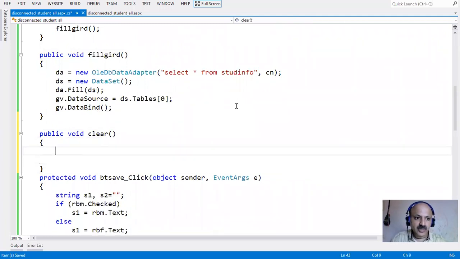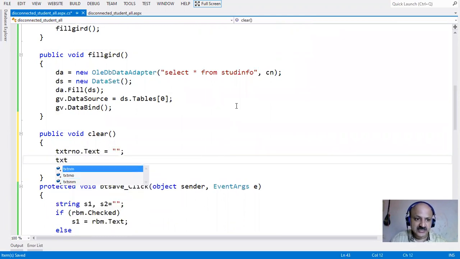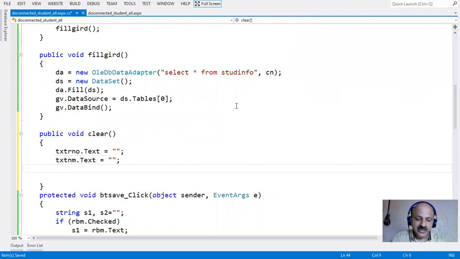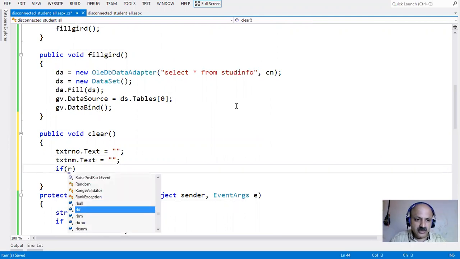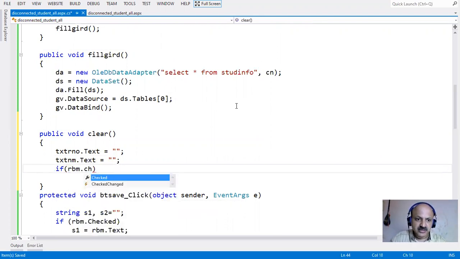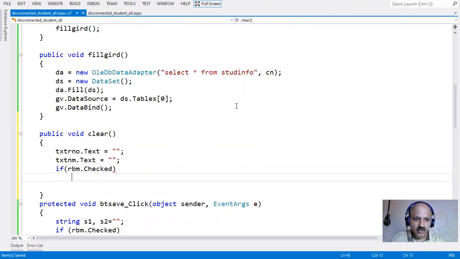So here I now pass txt roll number dot text. Yes, and that is just blank, and txt name dot text, that is also blank, and then the radio button is there. So rbm dot checked. Yes, so I think you have to know this.